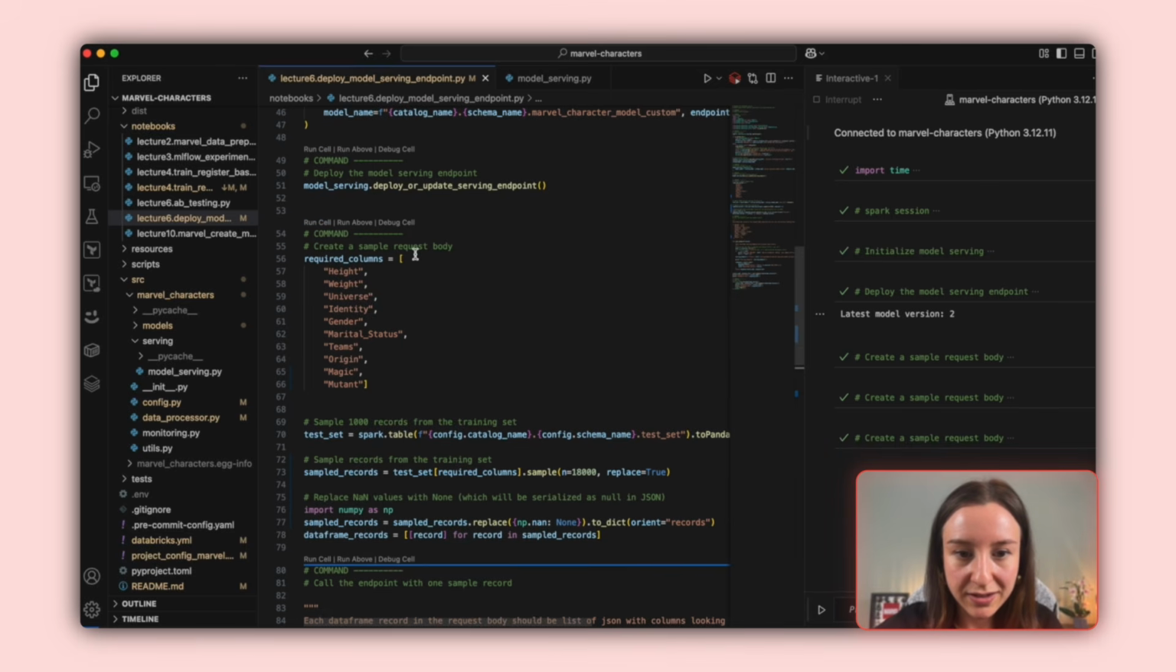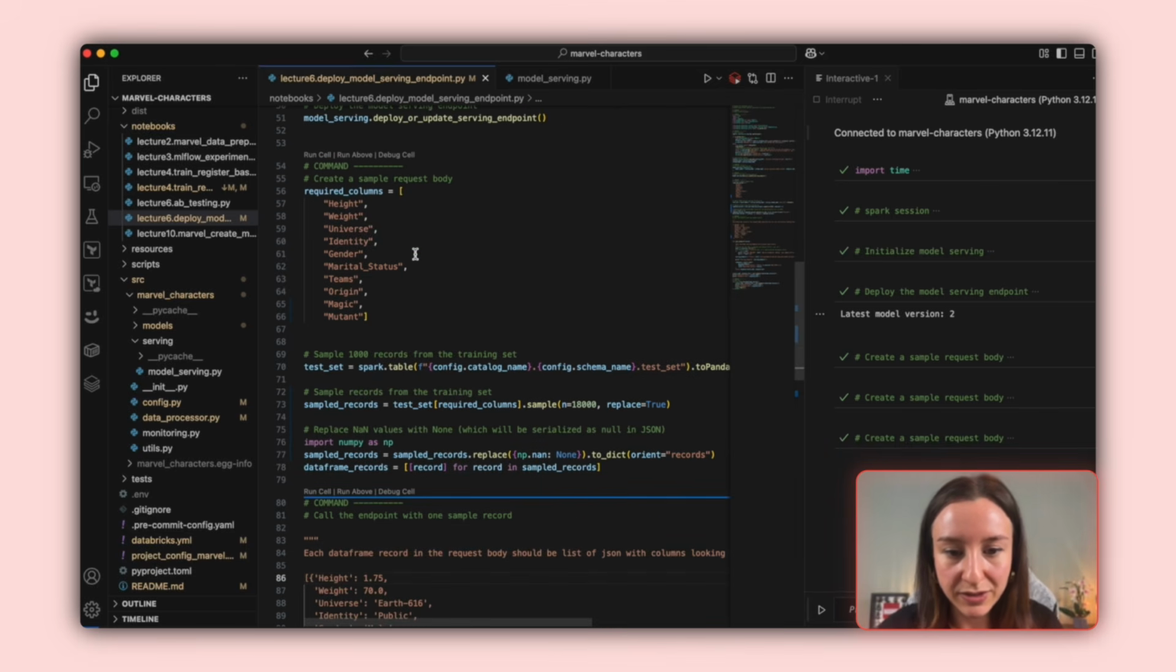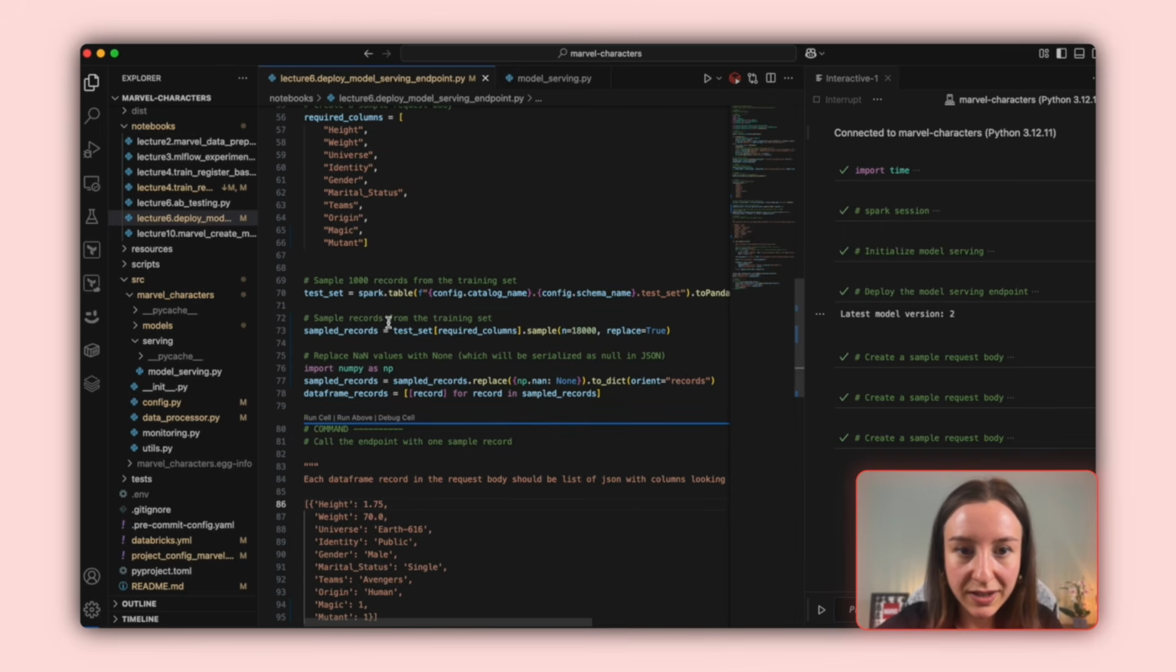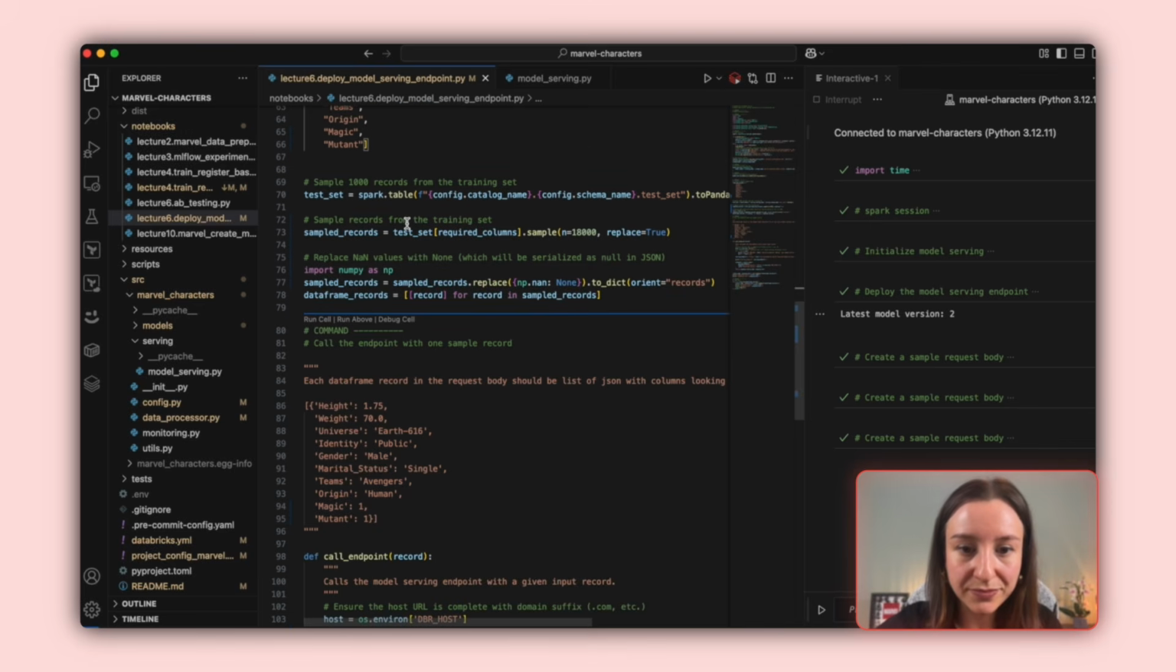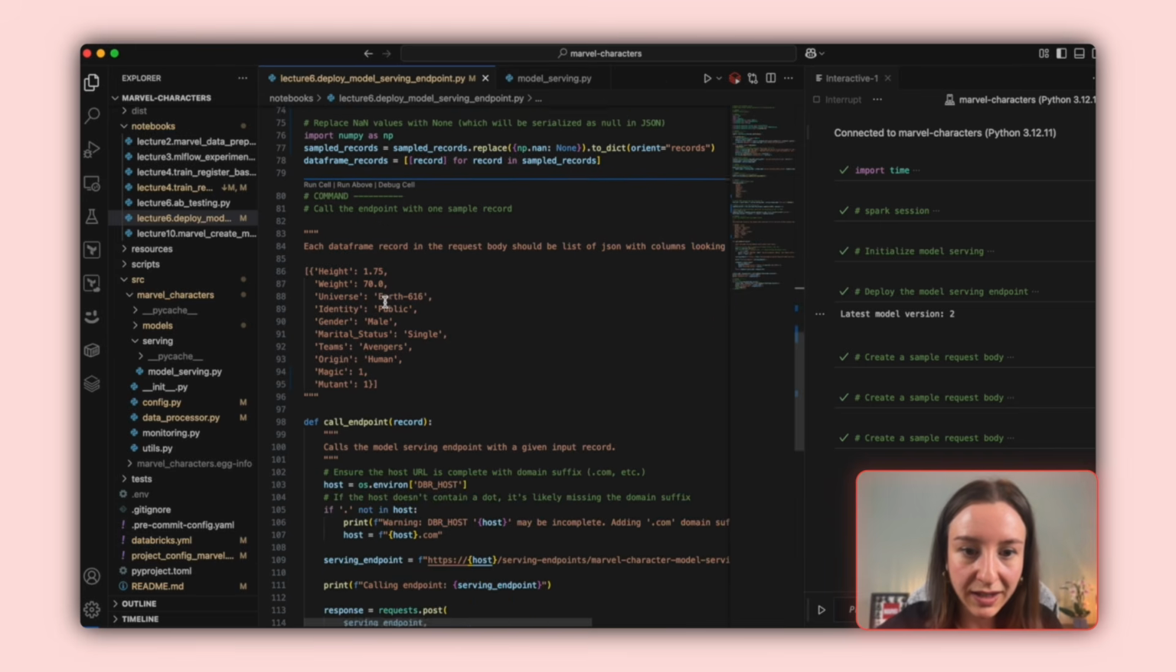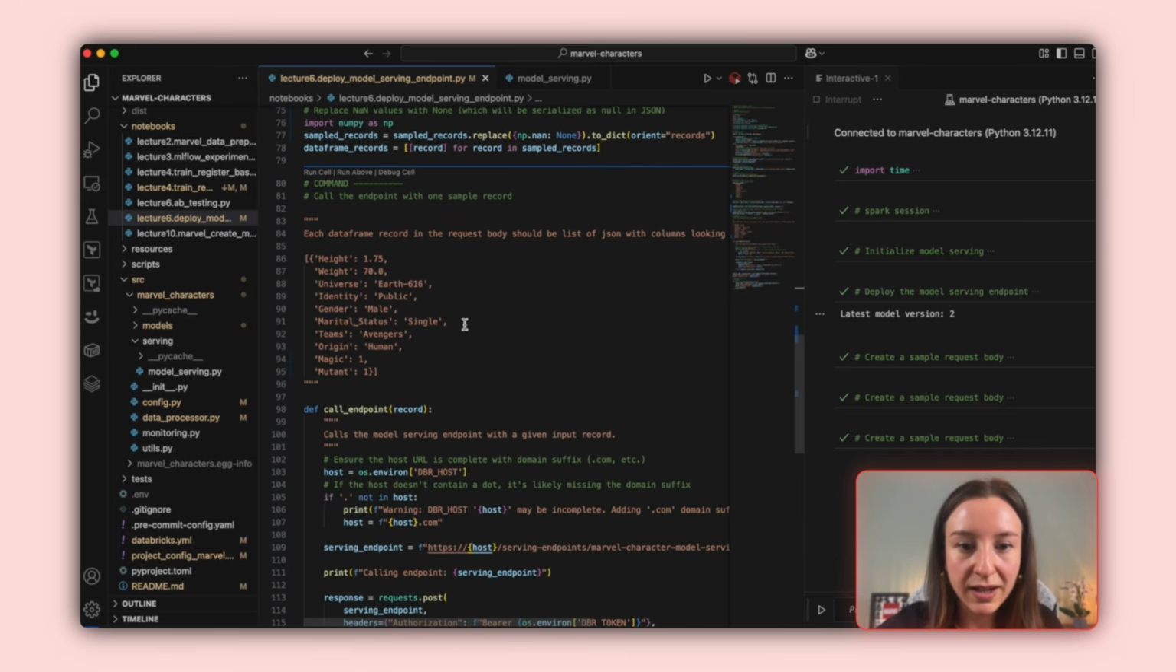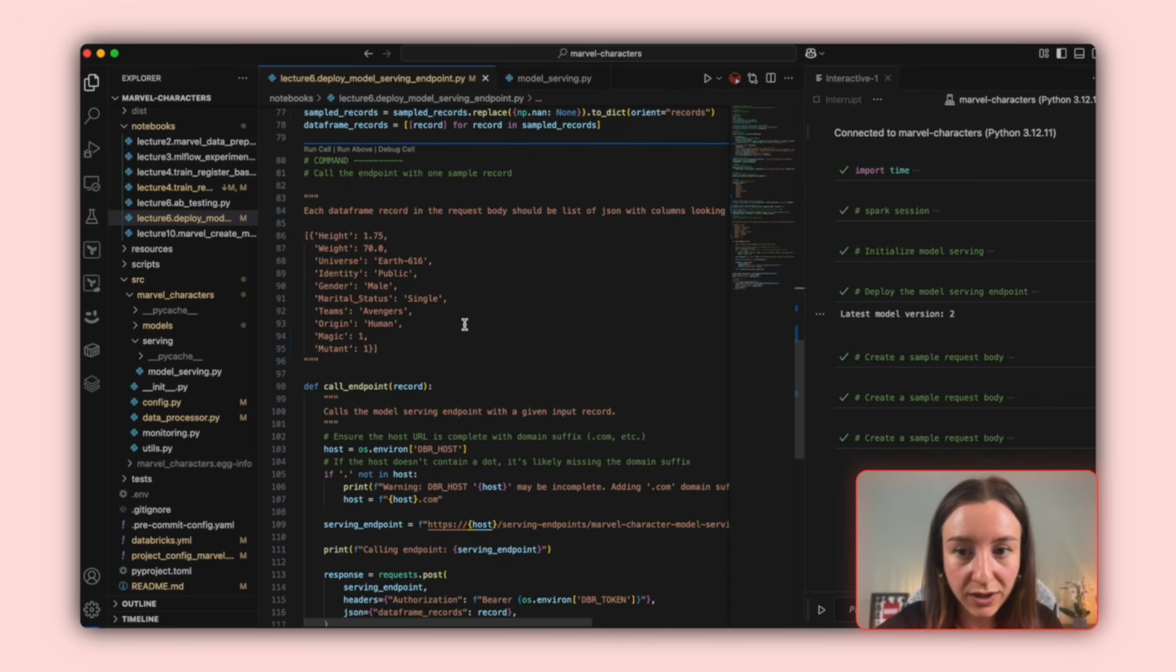I create a sample set, sample records to be used in the payload. I use the test set to create my sample records. Here I define the required columns, which are the features that my model expects. Another trick I have to do here is replacing none values with None, which will be serialized as null in JSON when we send the payload to the endpoint. And here you see an example data frame record in the request body as a list of columns and